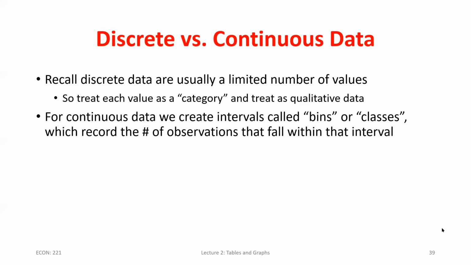Which bin do I count them in? I don't know, right? 10,000 is in both. So I have to do a little bit more here. When I'm saying it in words, I'm saying 0 to 10,000 or 10,000 to 20,000. I was just doing that to kind of set us up. What we're going to have to make sure we do,